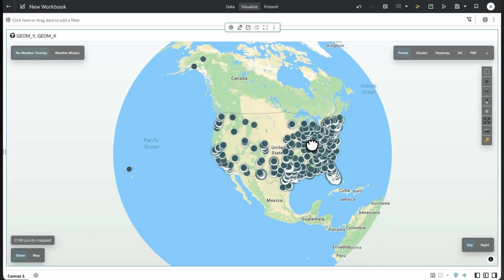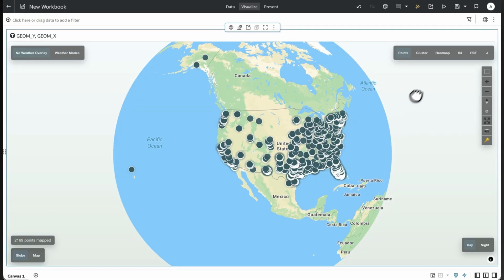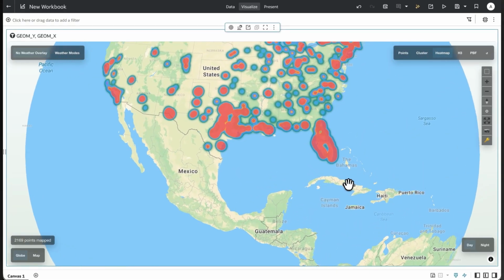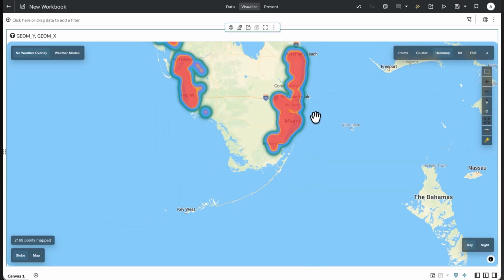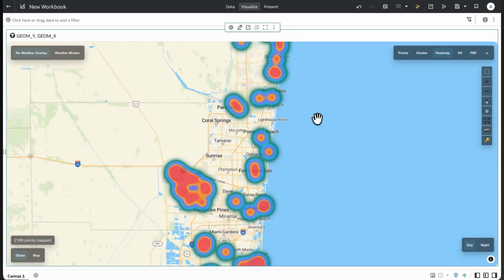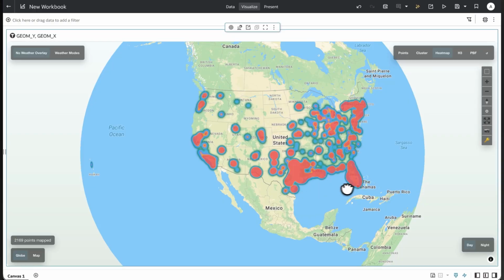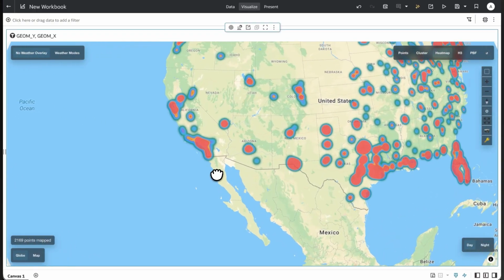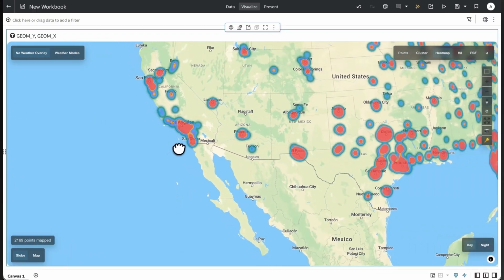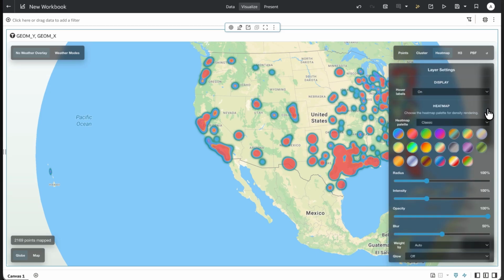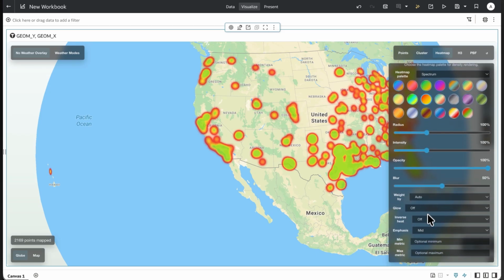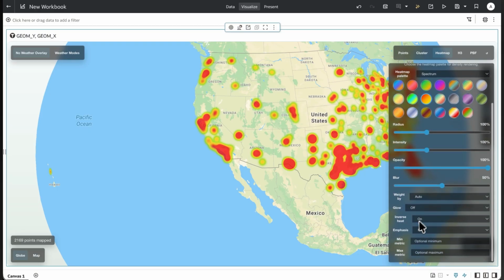From here, I am switching to heat map. Heat map is a good next step because it helps me move from individual locations into density. Instead of focusing on every point, I can start showing where activity is building up across the map. And here, I can adjust controls such as radius, intensity, opacity, blur, weighting, glow, inverse heat, emphasis, and optional minimum